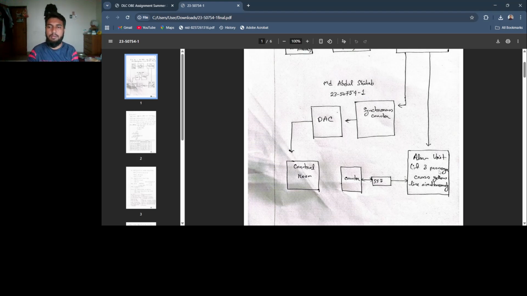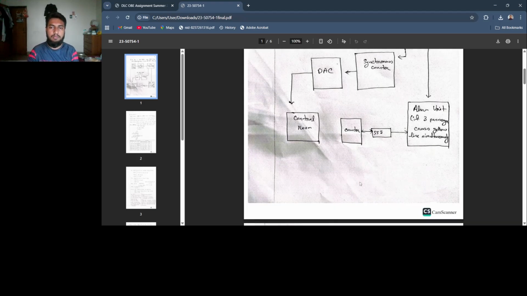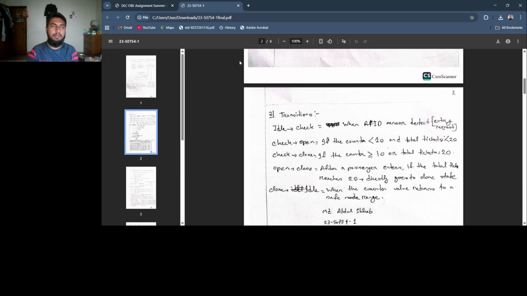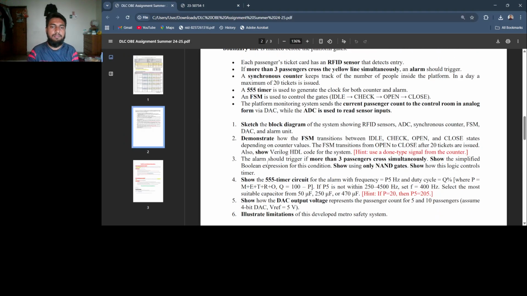If three passengers cross the yellow line, then the alarm buzzer will buzz. It works with the counter using a component called a 555 timer. That's it. Then my second question is